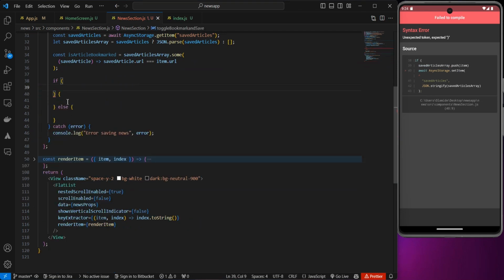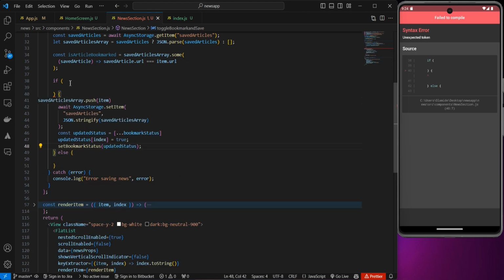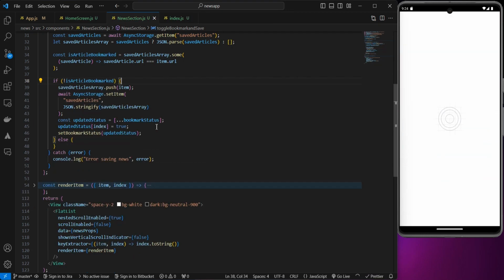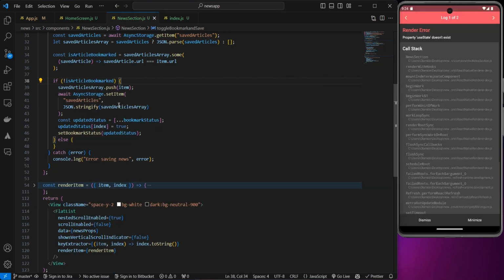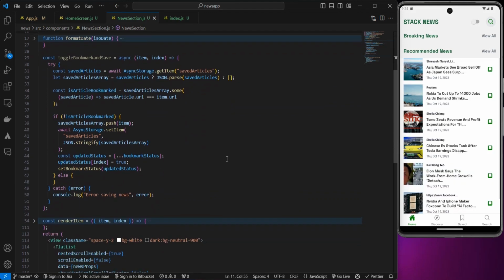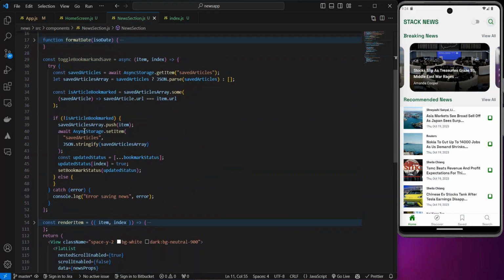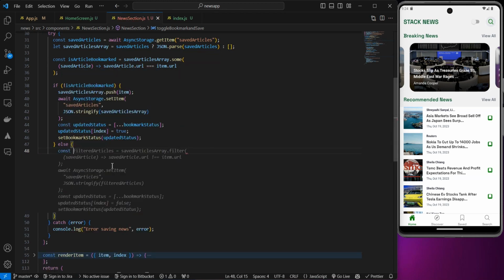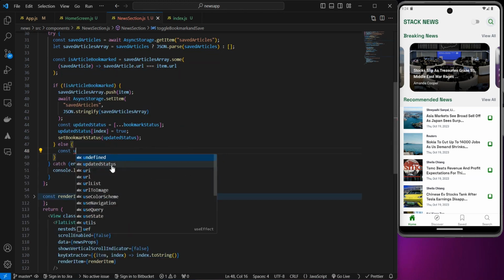Every code that is here has to be inside of here. My bad. Here, I just want to set if the article is not bookmarked is when I want to do all of this. And it says use state doesn't exist. Let me just import that right away. And moving on in our code. So if the article is not bookmarked or is not true, that is when I want to set the articles and all. Else, if it is bookmarked, I can now create a variable called updated